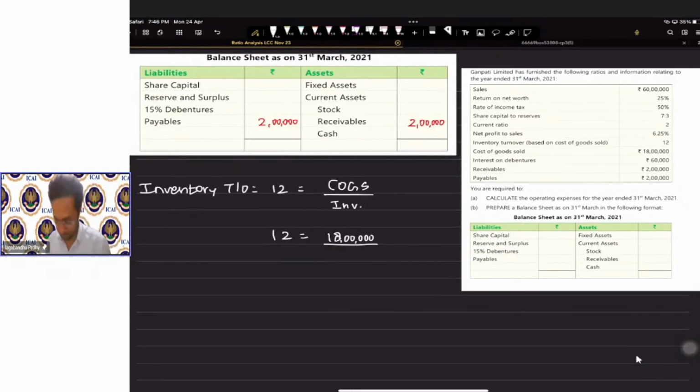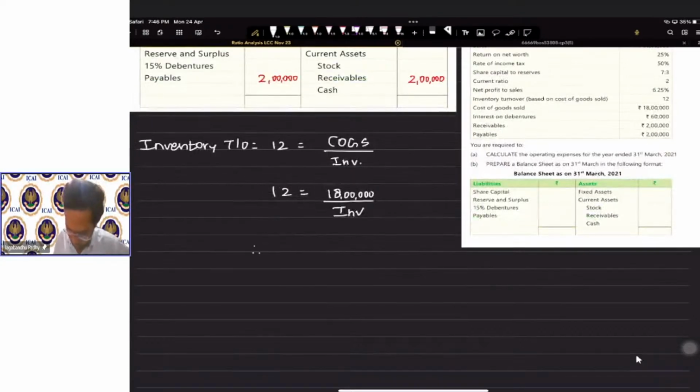So inventory is something we need to compute. 18 lakh divided by 12,